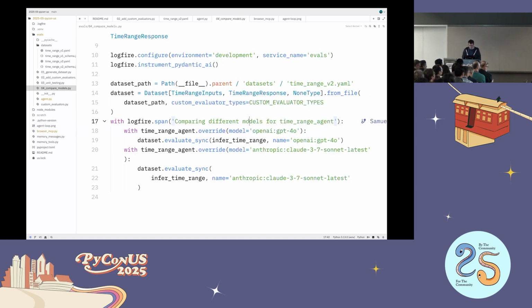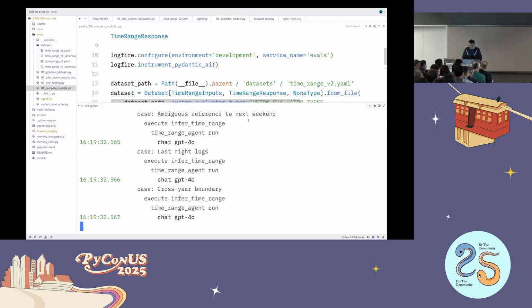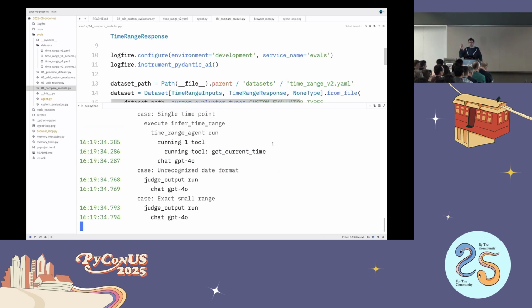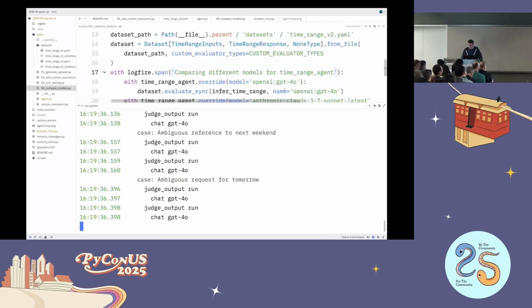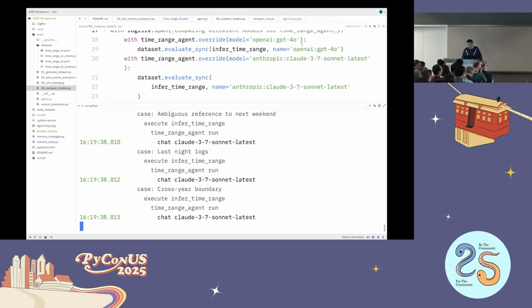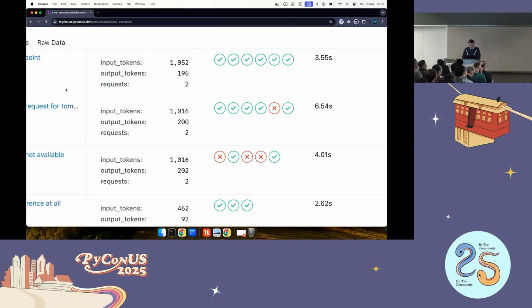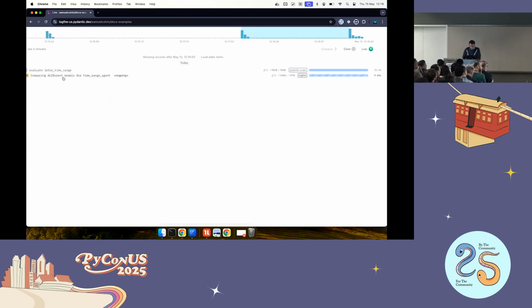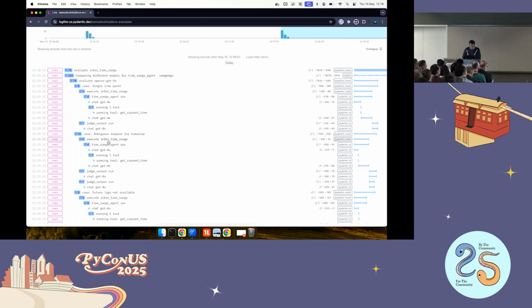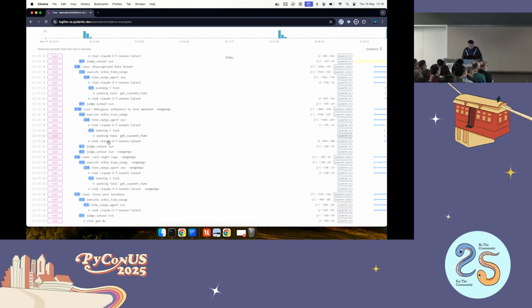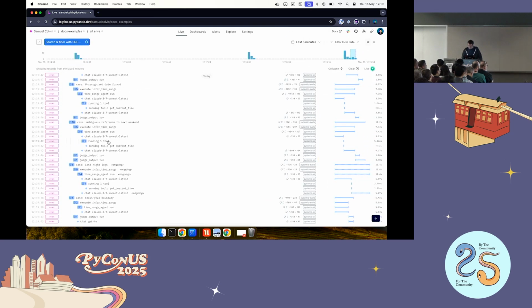Yeah, depths as well you can override. So if we run this example, this will take a bit longer, but this should run 2 sets of evals for whatever those 2 models were, GPT-4o and Claude 3.7, and see whether or not one performs better than the other. So if we come back over here, you see it's running at the moment, still running all of the cases,